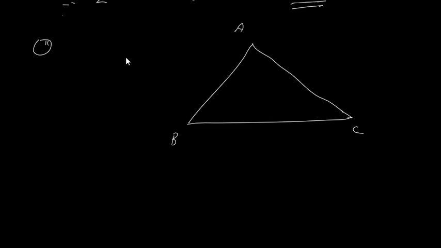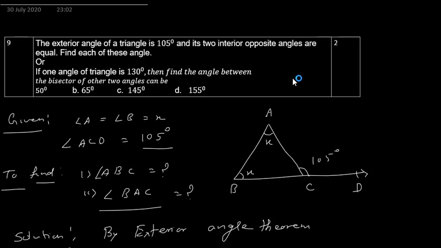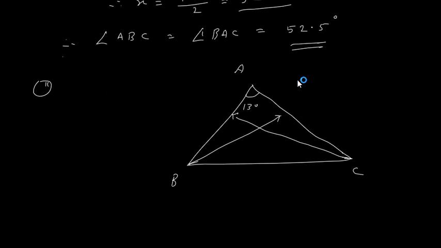Now here, let us say this is triangle ABC, in this angle A is 130 degree. And here I will draw a bisector, and from this I will draw a bisector. So what do we have to show? We have to find the angle between the bisectors of the other two angles. I have to find the measure of this angle, right? I will just explain and you write the solution on your own.